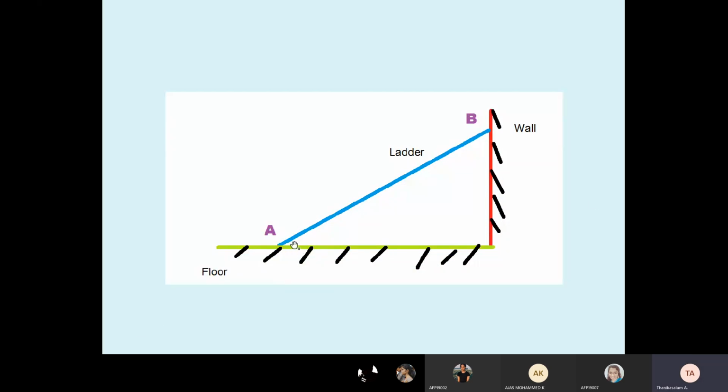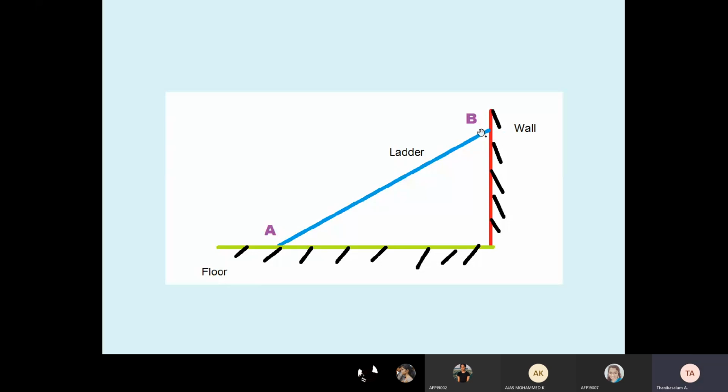See, a ladder is generally for climbing, from bottom to upper. Where is its purpose? You can see it in painting, or repairing a street lamp post. In our home also, we do some work with it. The ladder is always inclined, resting against a vertical wall and the floor, at point A on the floor and point B on the wall.